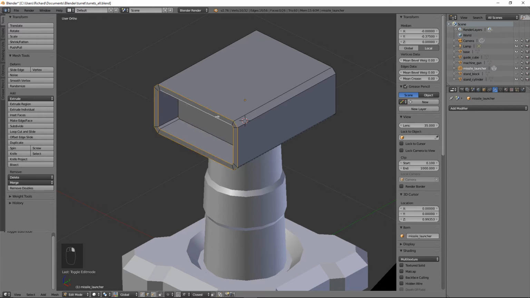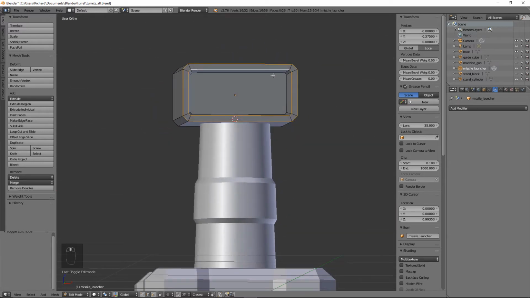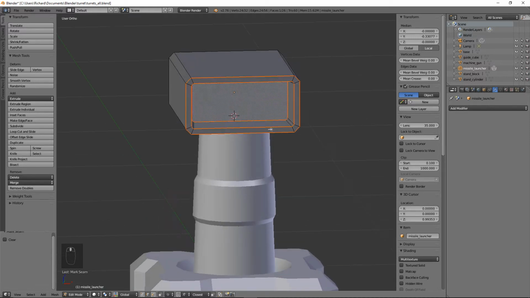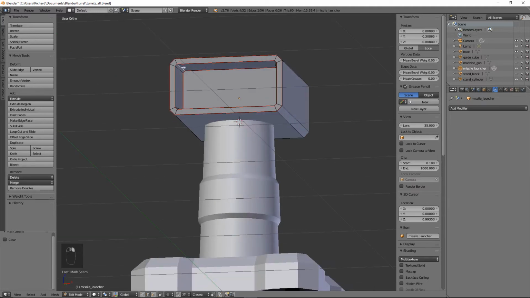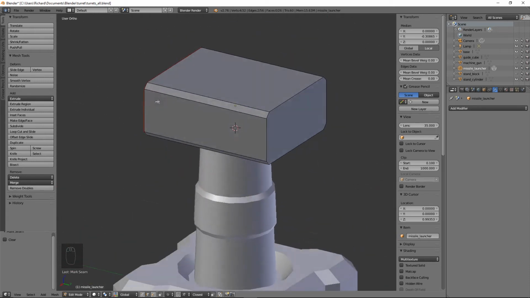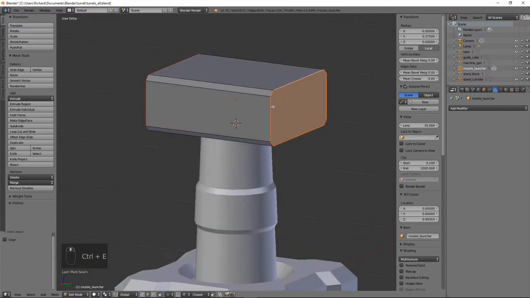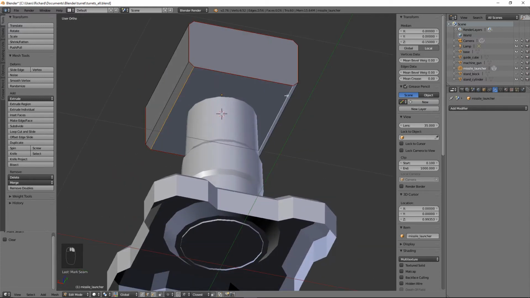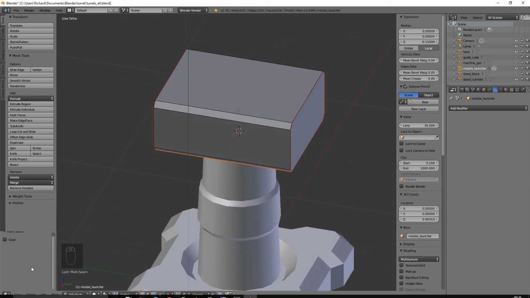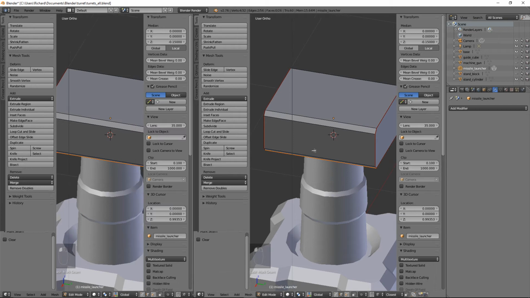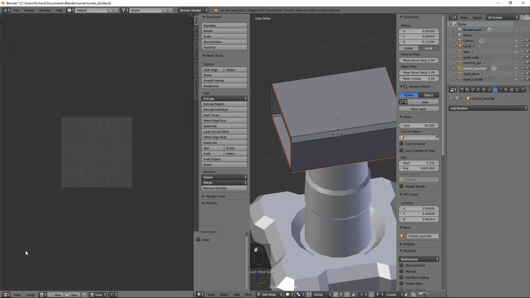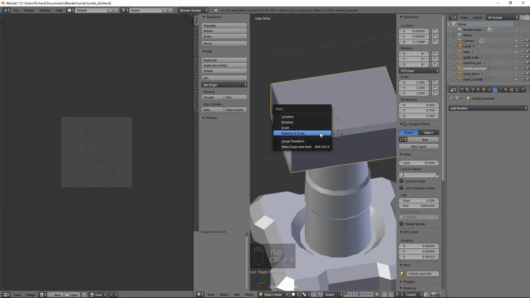This should be quite straightforward. We can very quickly add a few seams here, mark seam, and probably if we just add one there and there, Control E, mark seam. Then we've got this all the way around. In fact, yes, let's do that. Let's go there, Control E, mark seam, and then we can mark a couple of seams at the bottom. Again, you might want to delete that face if you're not interested in ever seeing the underside. Let's go to UV Image Editor, tab out, Control A, rotation and scale, tab back in,